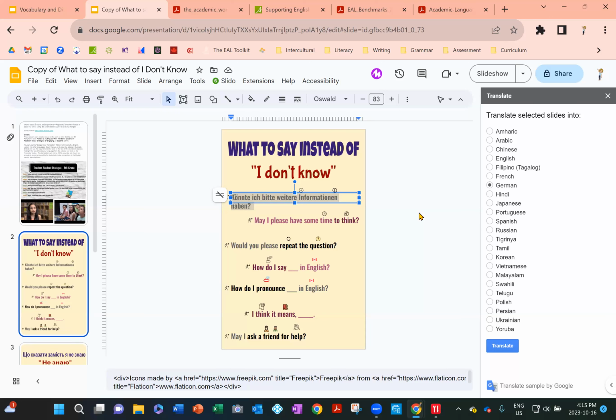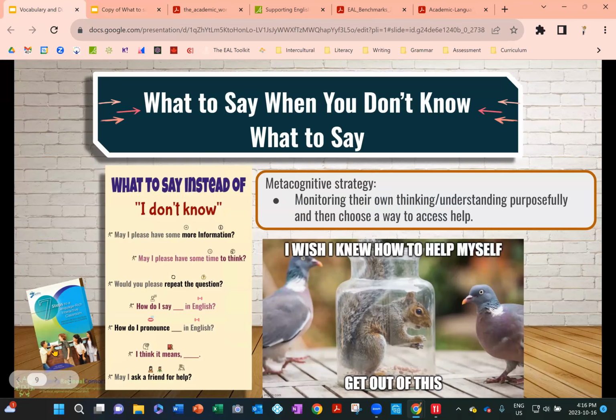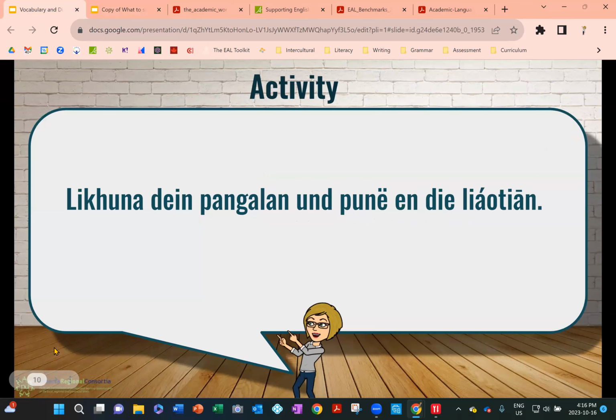So then maybe you cut and make copies that are smaller that the students can just keep at their desk. And then you have the big one on the wall, but then they can say, okay, that's what it means. Then they can ask for some more information. So knowing that, and coming back to our little activity here,